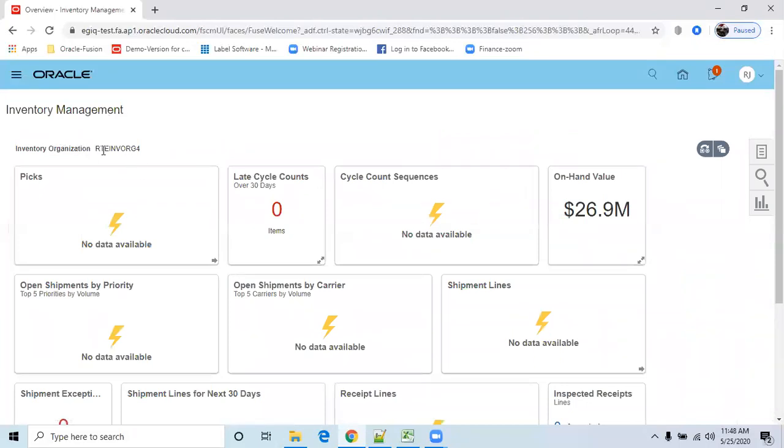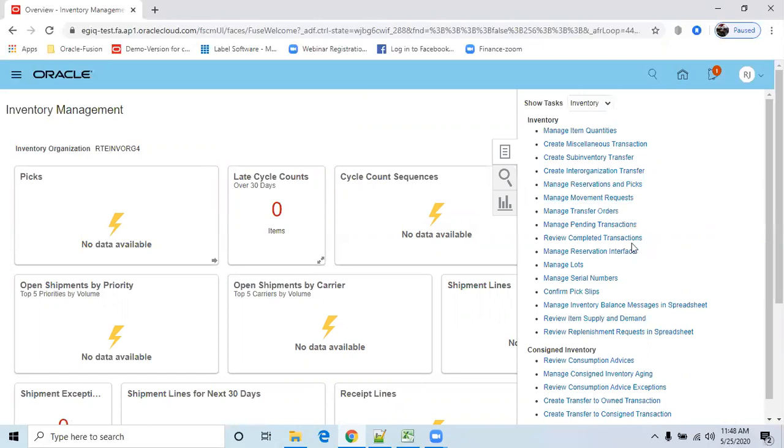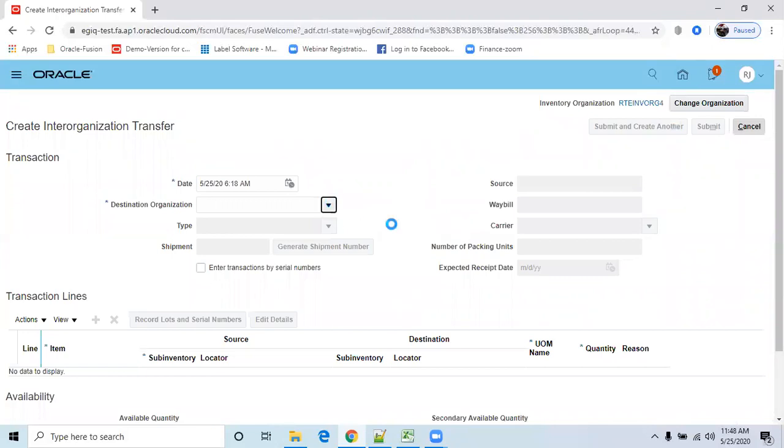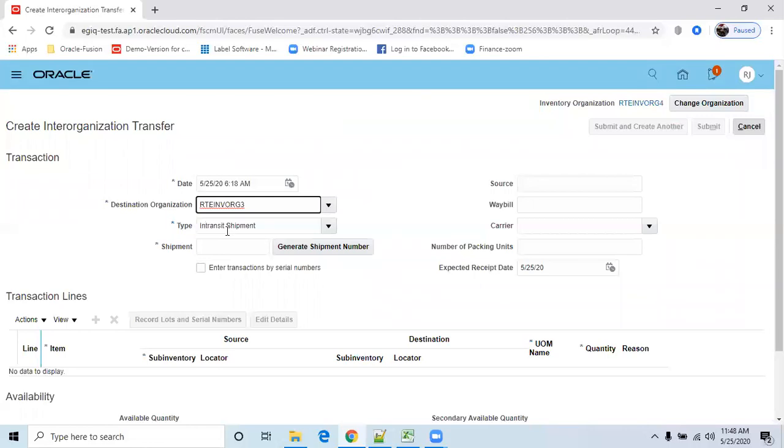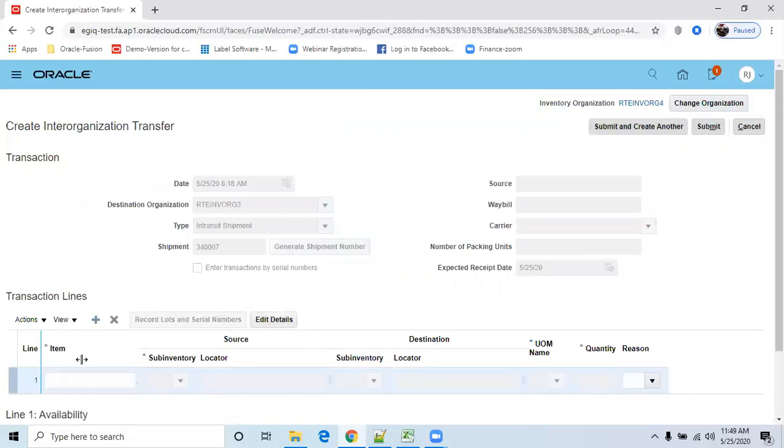We are in inventory organization RT4, then open the task list and create one inter-organization transfer. The destination is 3, the type is in-transit shipment, generate the shipment number and click on plus.